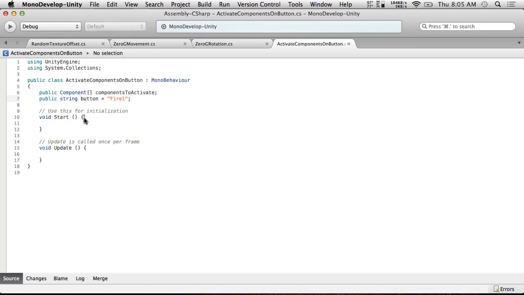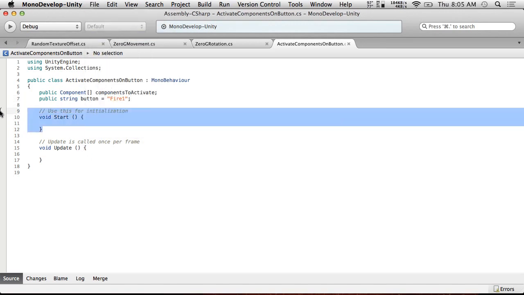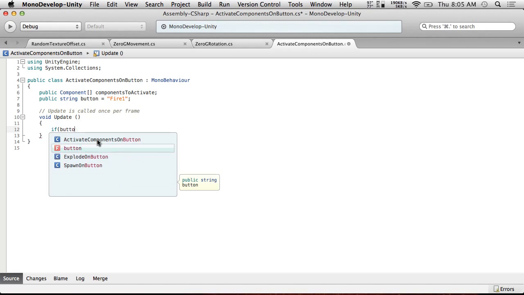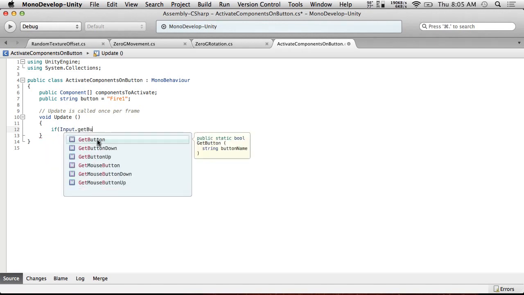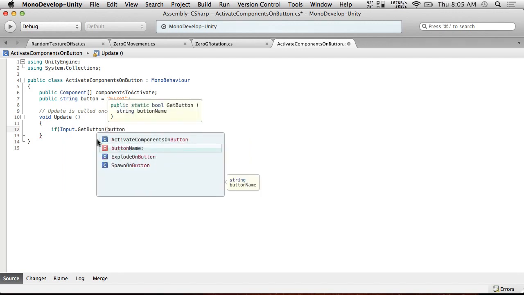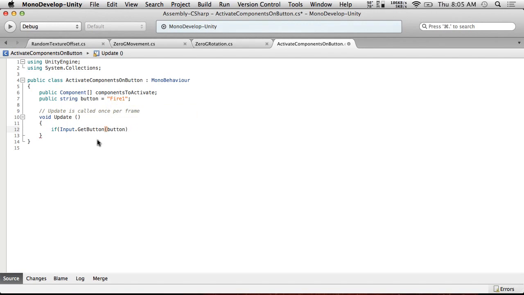So we're going to save this. And all we're going to do in the Update here is, if Input.GetButton, we're just going to do GetButton, so if it's held at any point, we'll do this. I guess I could have called it buttonName to be more consistent, and because it's a string, yeah, I'm going to do it. buttonName. I don't know where it found buttonName before in that list. That was weird. So if GetButton buttonName, then we are going to, for each